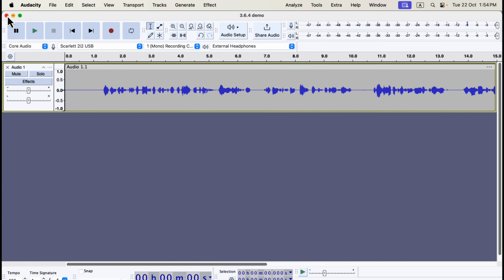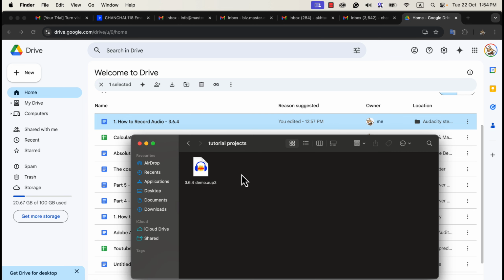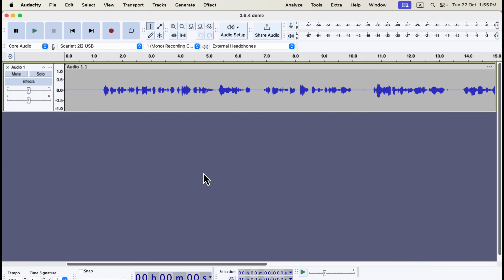If I close Audacity, these extra files will disappear. After closing Audacity, only the .op3 file remains. You can open the project by double-clicking the op3 file, which will restore the recording. To play the audio from any point on the timeline, click at the desired spot and press the spacebar, or